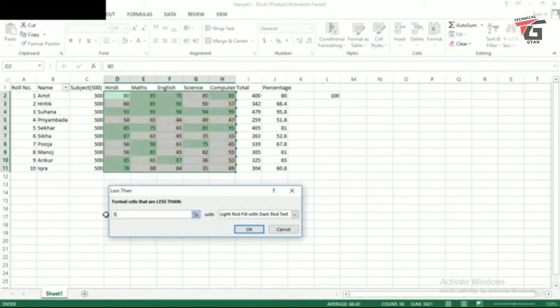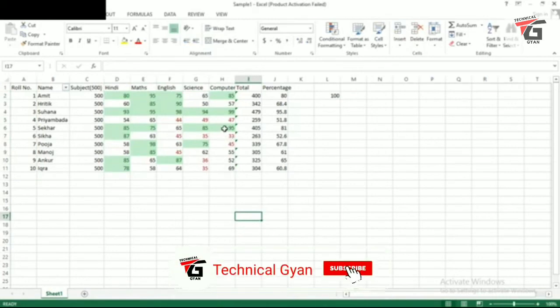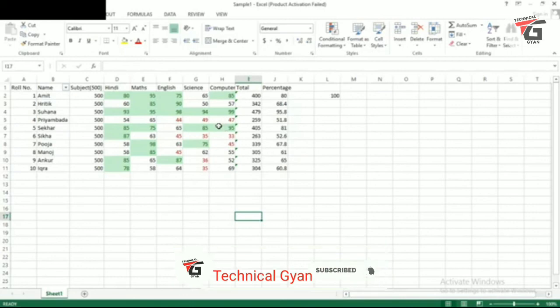Type 50 here. Click on OK. Which color do you want for the background? You can select from here. I want red color. OK. So you can see only the font color has been changed here. I have selected only the font color. So any student who has scored less than 50 marks in the subjects, those marks have been highlighted using the red font color.